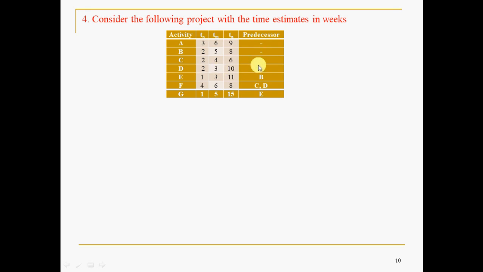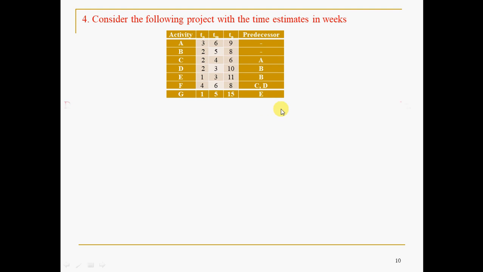Fine. What is the meaning of this? To start C, A should happen. To start D, B should happen. To start E, B should happen. After B only you should take E. And here it is very important: after completion of C and D only, F we should take. After E, G. In CPM we also discussed that when there are two predecessor activities, it was suggested to terminate these two activities with a common node so that your network will be compact. Let us see that.